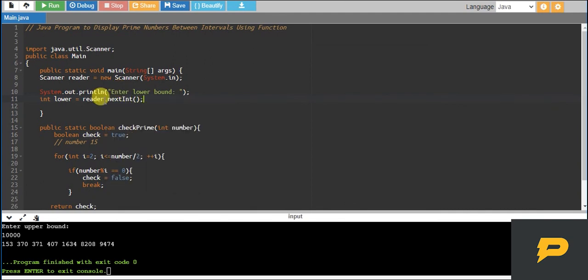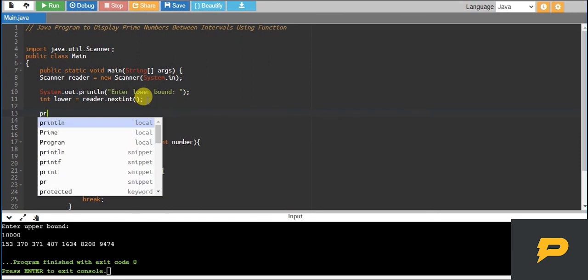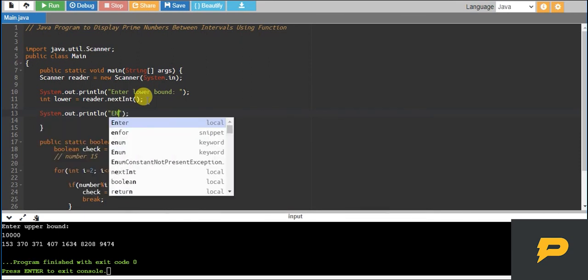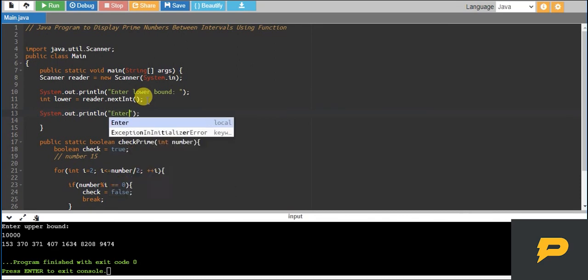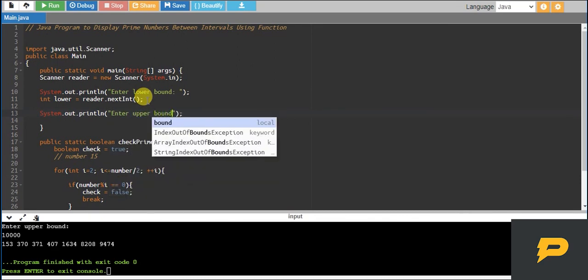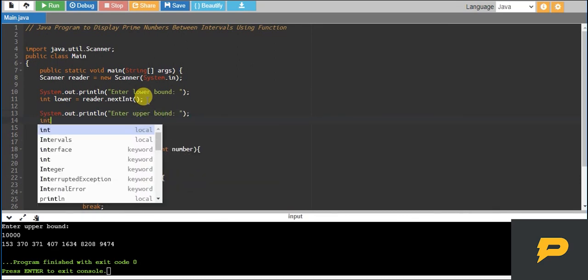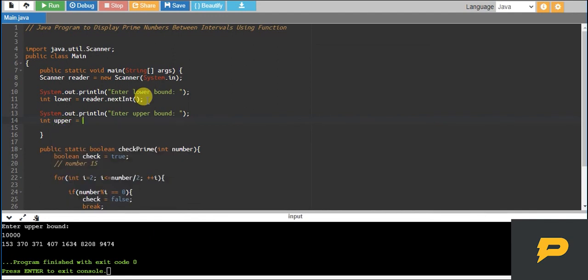If you don't know, reader is a Scanner object which helps us take input from users. Then we take input from the user for the upper bound as well. So this is enter upper bound. The user will enter the upper bound, and we take this into an upper variable by doing reader dot nextInt.